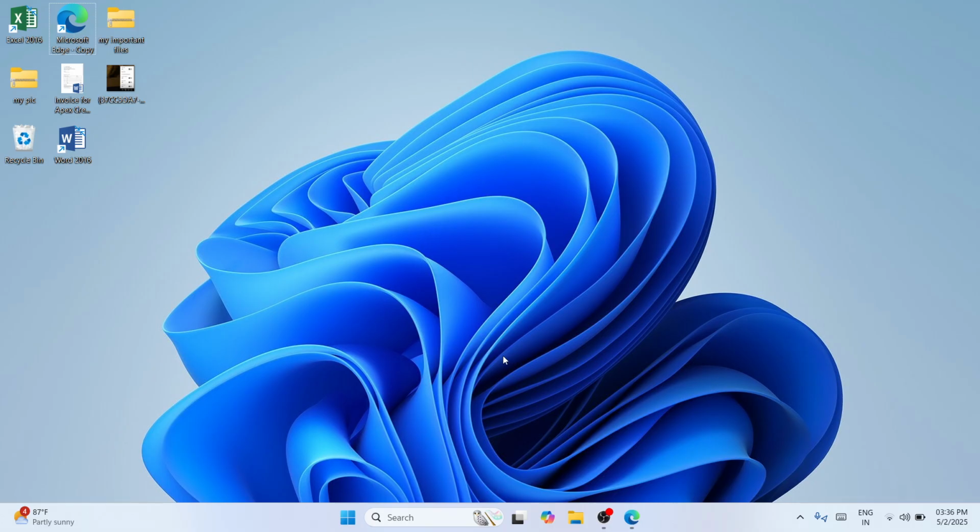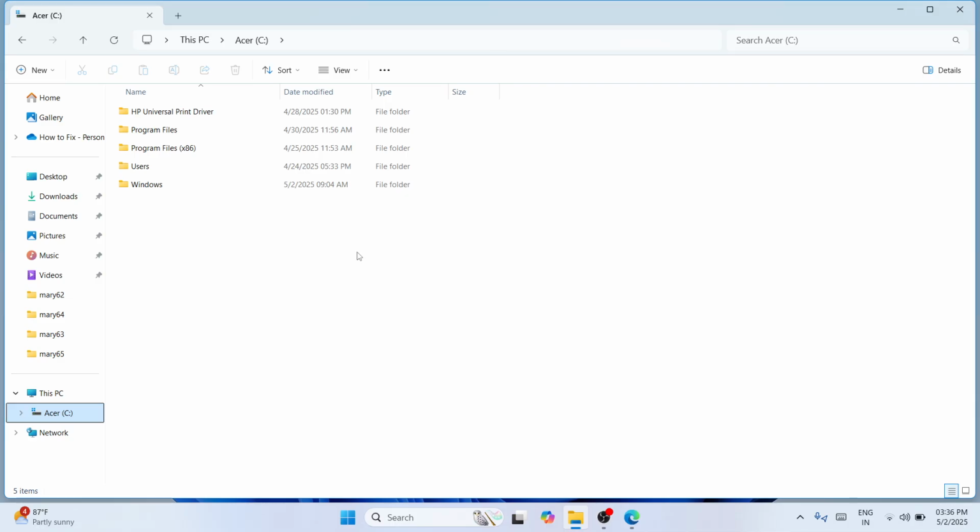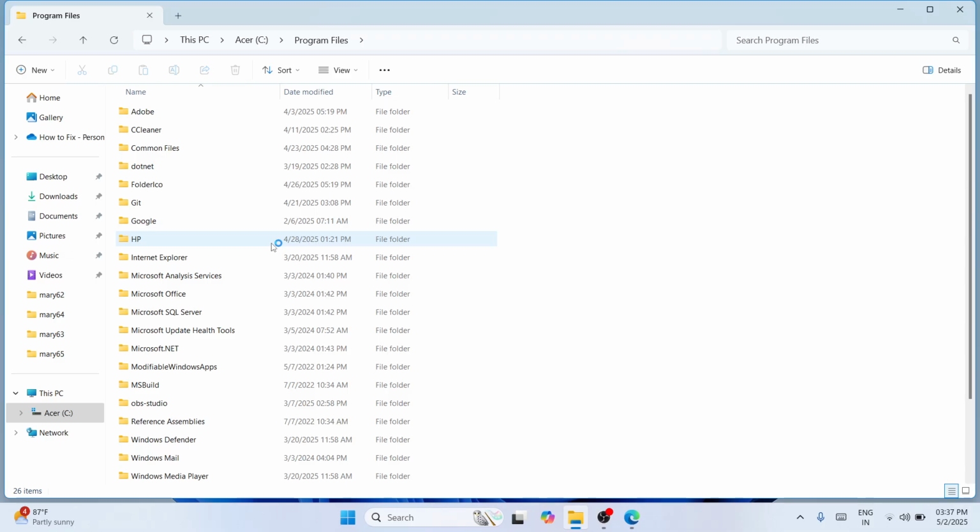However, if not, then move on to the second method, and that is you need to bring up your File Explorer. And from here, please navigate to the left pane and click on the C drive or local disk. So from here, click on the Program Files, double tap to it, select for Google, and click on the Chrome, double tap to it,